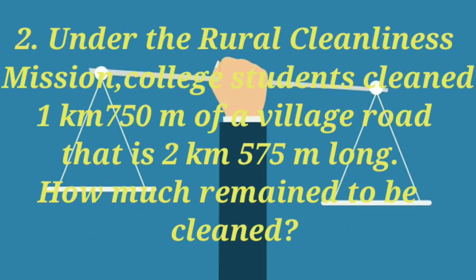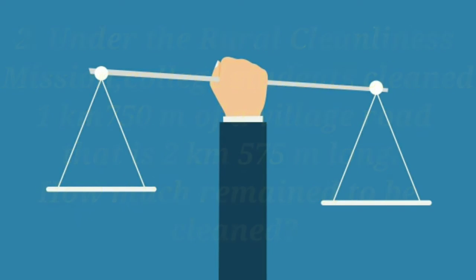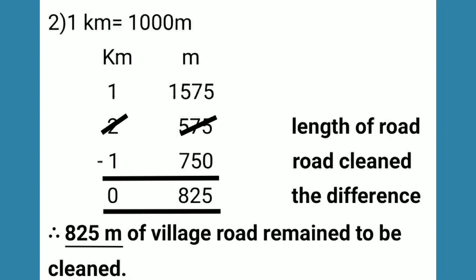Question 2. Under the Rural Cleanliness Mission, college students cleaned 1 kilometer 750 meter of a village road that is 2 kilometer 575 meter long. How much remained to be cleaned? So here they have provided us with the length of the village road and the length of the road cleaned by the students, on the basis of which we are expected to find the length of the road yet to